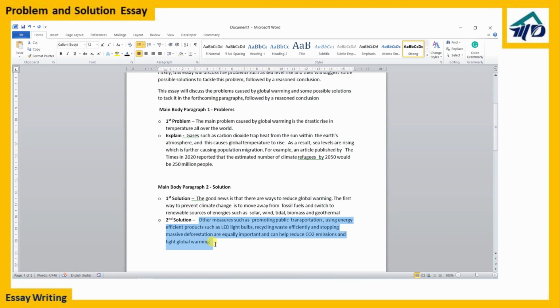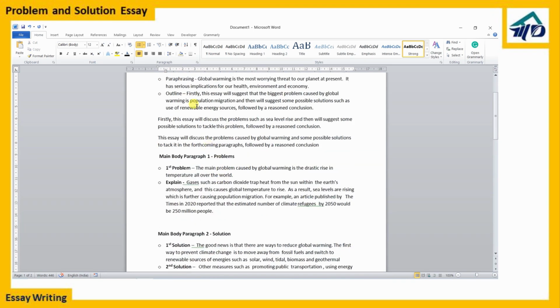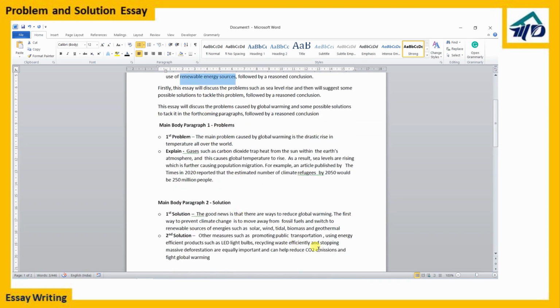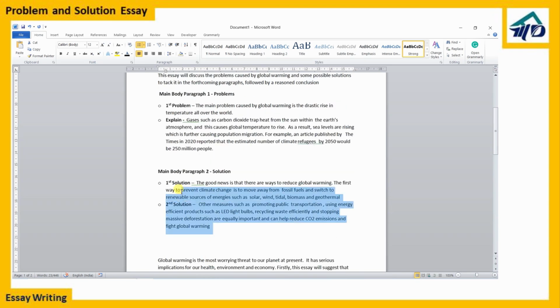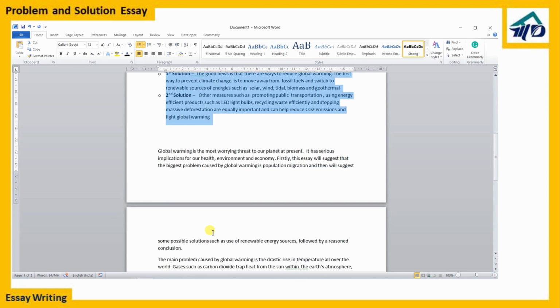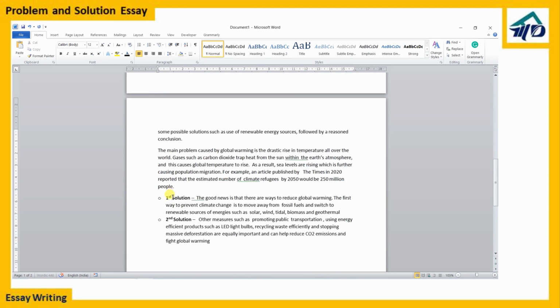Because I have to put focus on that point only, whatever I am saying in the introduction. Okay, now because I have just mentioned a renewable source of energy, so this is the point: renewable source of energy, that's all. And in other measures I've included everything, and I think I have got more than 60 words here also, so I will just stop here.